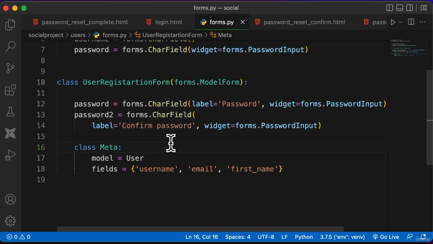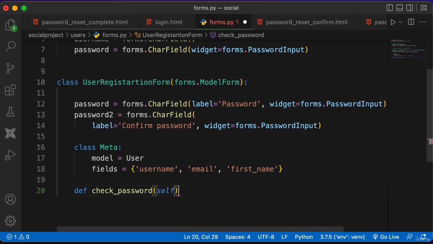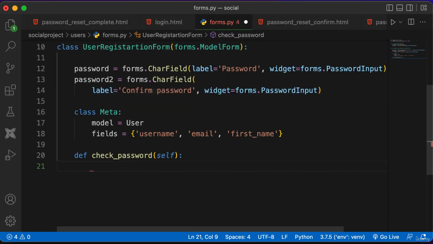Okay, now our form pretty much looks ready, and there's also a method which we want to add here, and that method basically is going to check if the password matches up with password2, and if those two passwords don't match, in that particular case we actually want to display a particular message. So we are going to add that. So here I'll create a method, and this method is going to be clean_password2, and this is going to accept a parameter self, and here we are basically going to check if the two passwords, like the password and password2, match. So here we check if